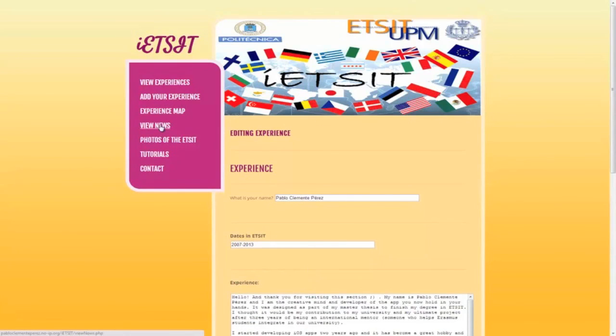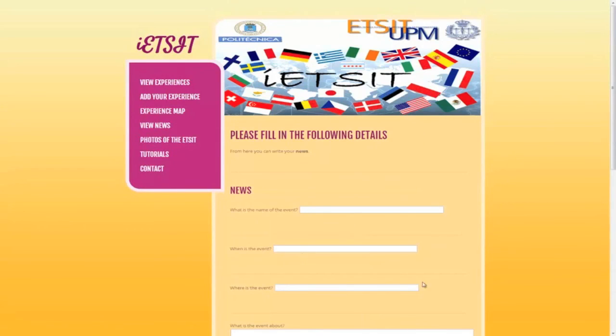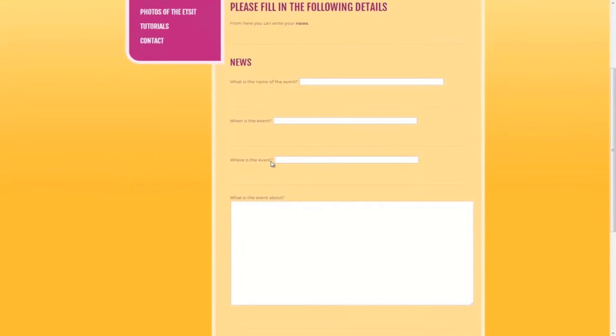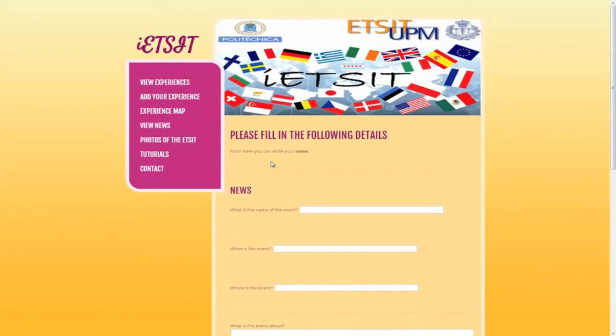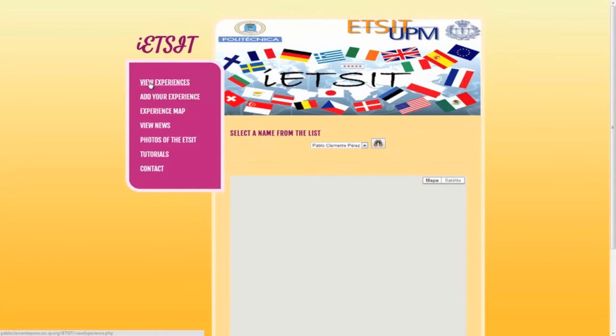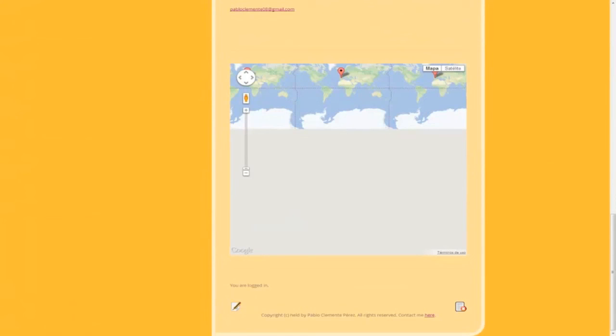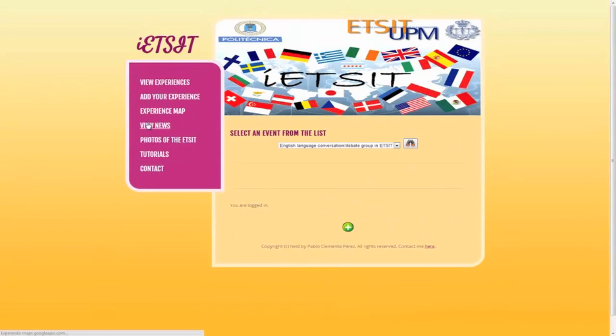This time when we look at news, we get a plus button all the time, which allows us to add a new news with all the different fields we had before. The important thing from here is that not only administrators can add news. If we remember from experiences, any person could add an experience even if he was not an administrator, but only administrators could edit the experience because they are the only ones who get these buttons to edit and to delete. However, in news, only an administrator can add news, but not only can he add, he can